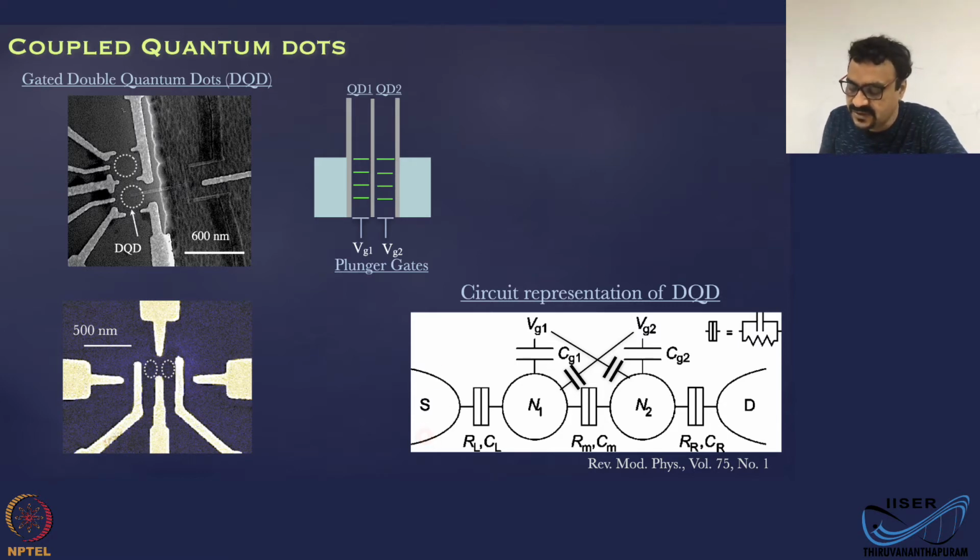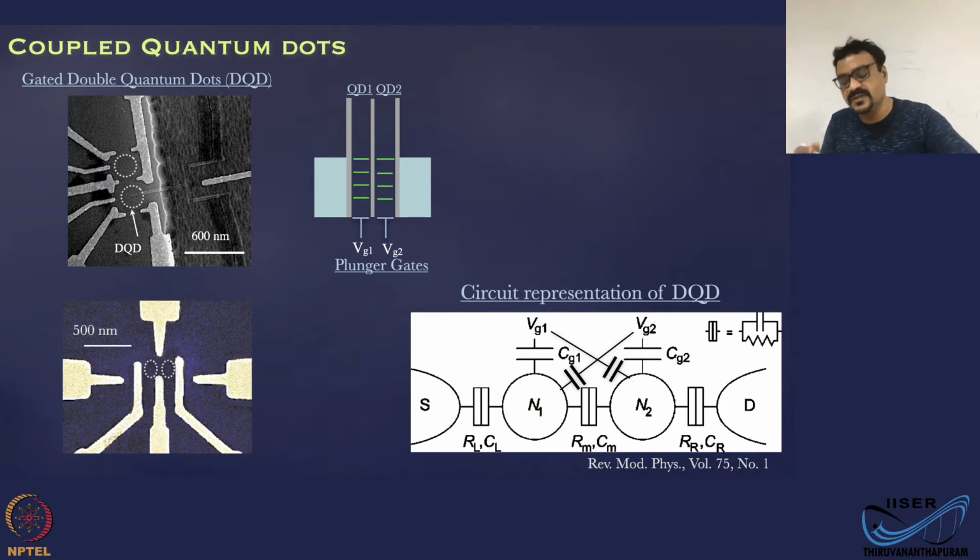And there's a source and a drain here, and these are serially connected. And you also have the gates VG1 and VG2. Those are the plunger gates we just discussed. They are connected to the dot by a capacitor. Here it is actually just a capacitor. There is no tunneling of electrons from the gate to the dot. Okay, and this is the similar gate for the other dot. And there is also an extra capacitor I have drawn here, these two here. So these two represent the cross capacitance of gate 1 to dot 2 and gate 2 to dot 1.